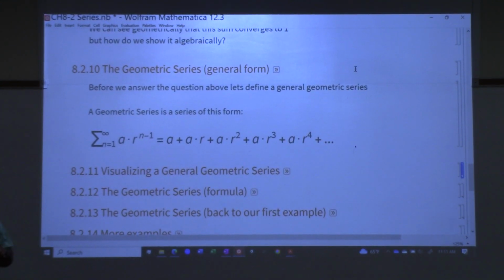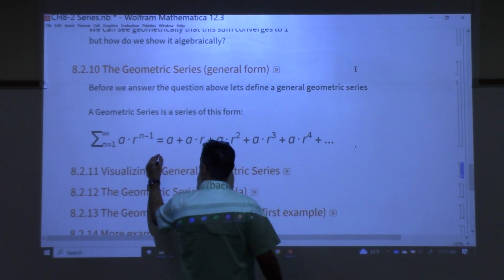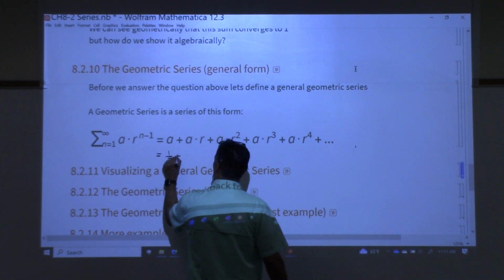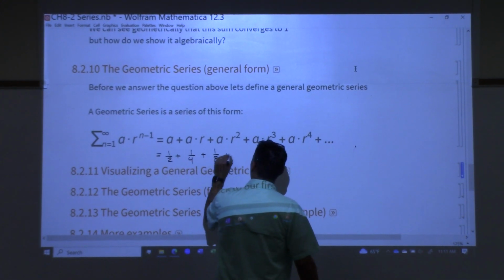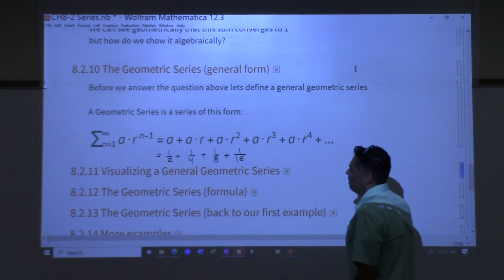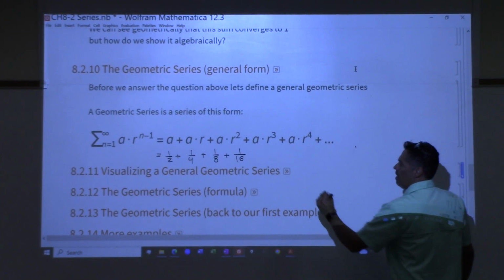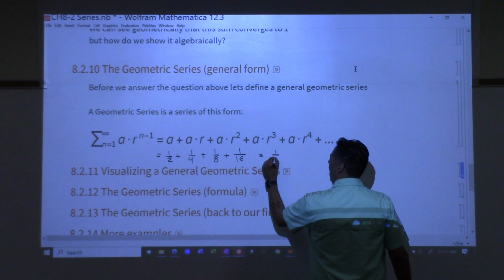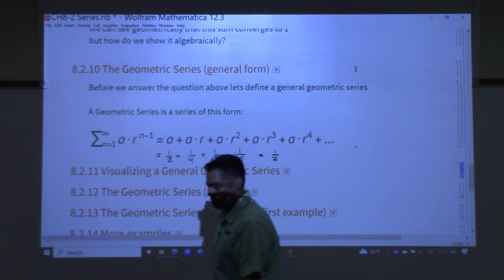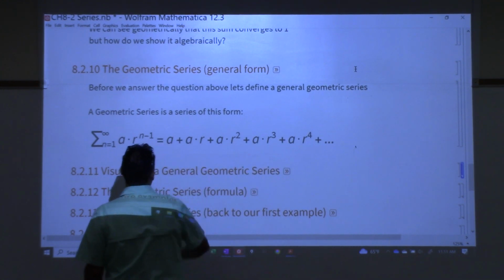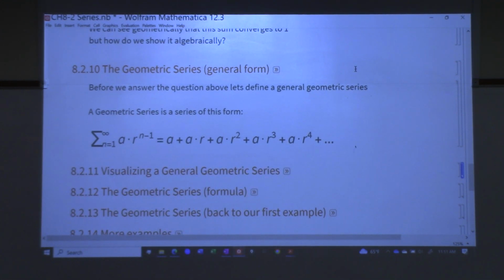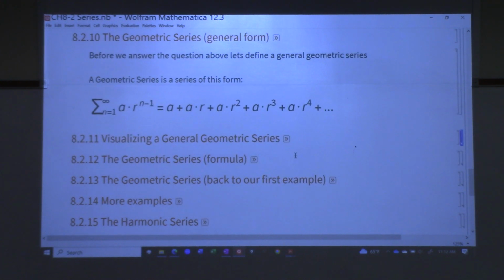So like the example I just gave you, it was 1/2 plus 1/4 plus 1/8 plus 1/16. In order to write it in that form, I'd have to write it like this. 1/2, how do I want to do this? Hold on. This is not going to be nice. Let me get to that because I have to shift it. Just leave it like that for right now. Let's do